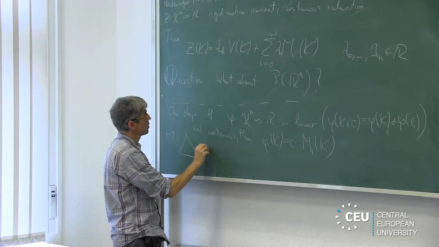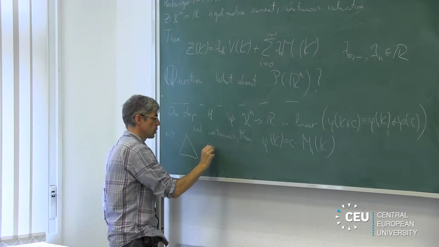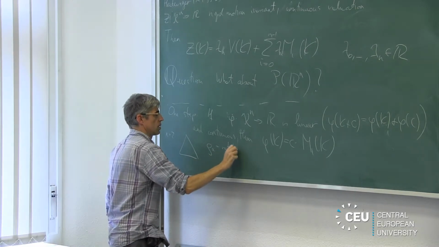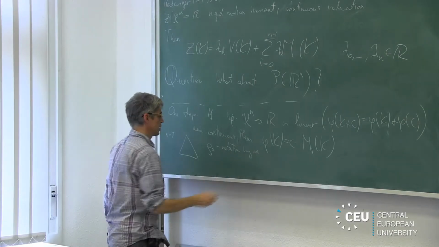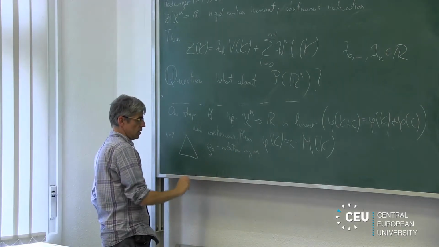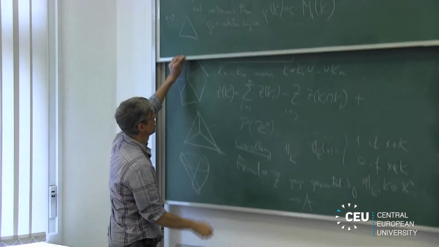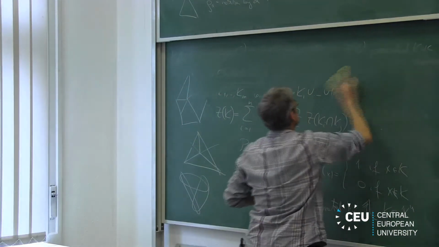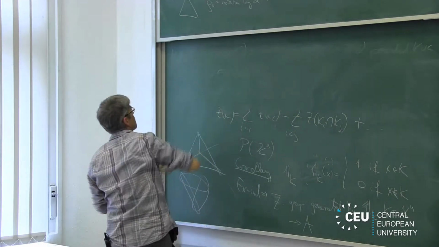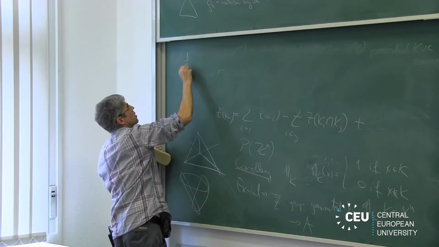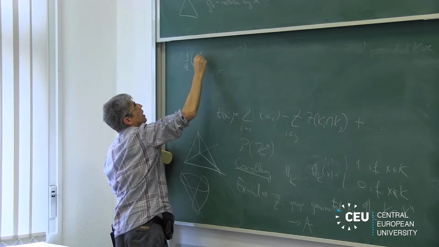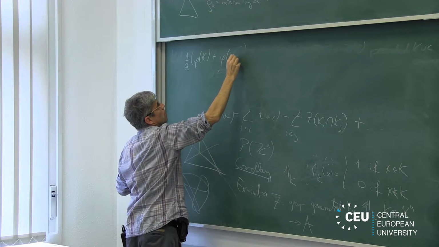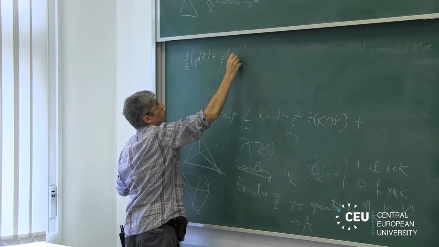Let rho alpha be the rotation by alpha, and you consider the average: for some large m, 1 over m times phi of k plus phi of rho 2 pi over m k,